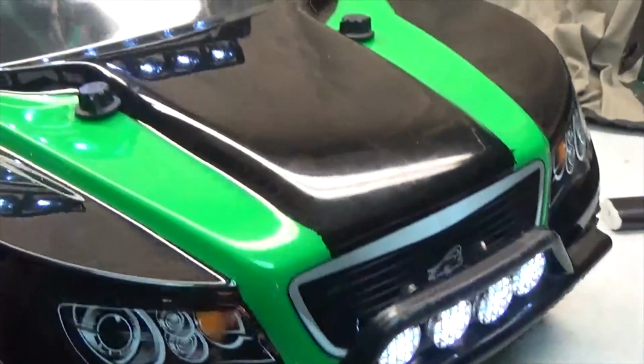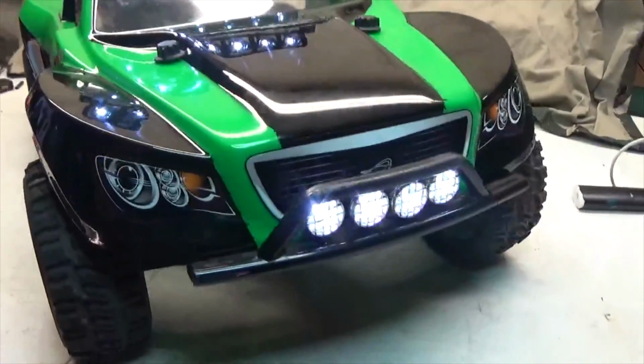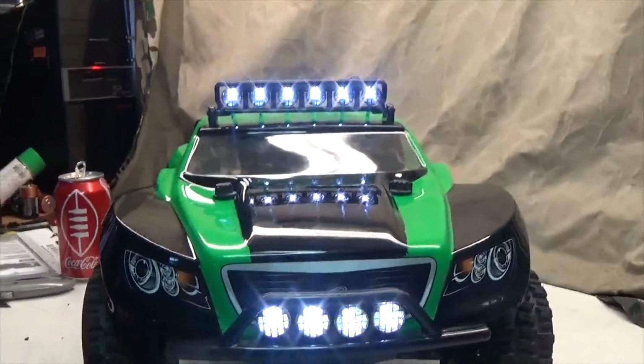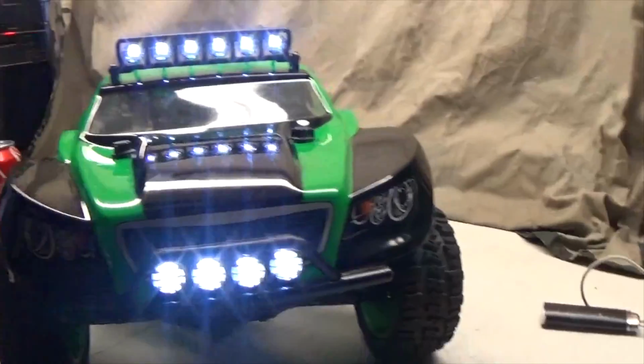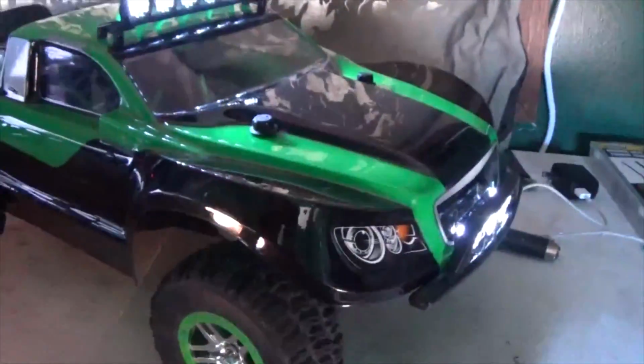And here it is, guys, with the body on and the LEDs on. So, as you guys can see, these guys are bright. I mean, Jesus Christ, they're bright. And it's going to make for a fun time for night runs. The only thing I gotta say is,